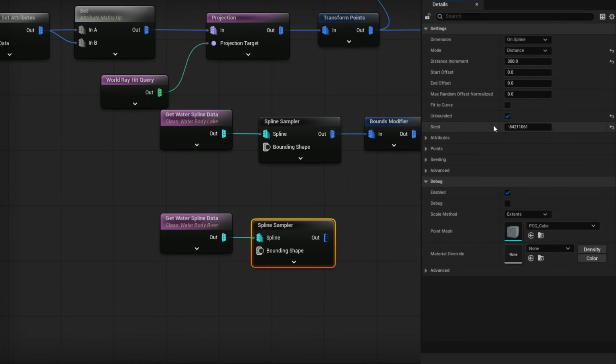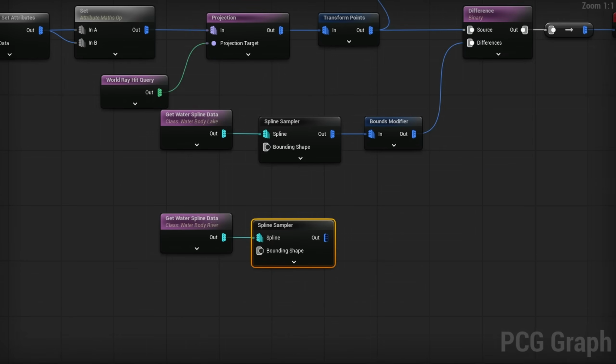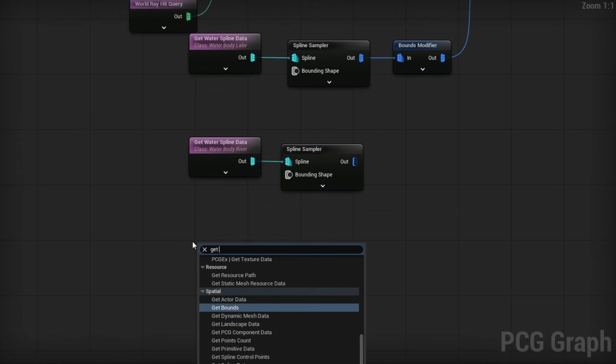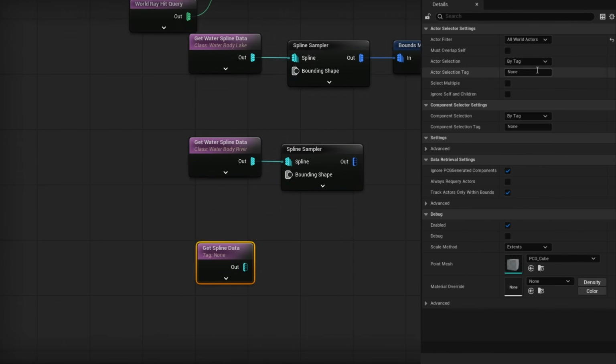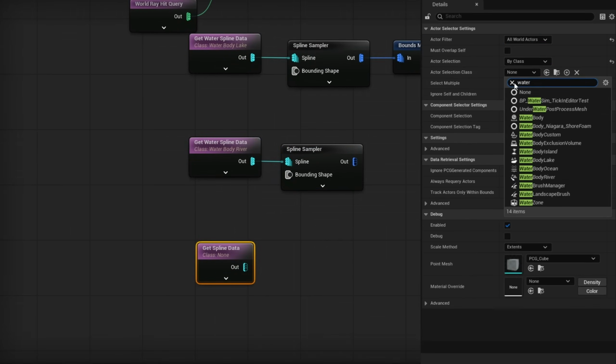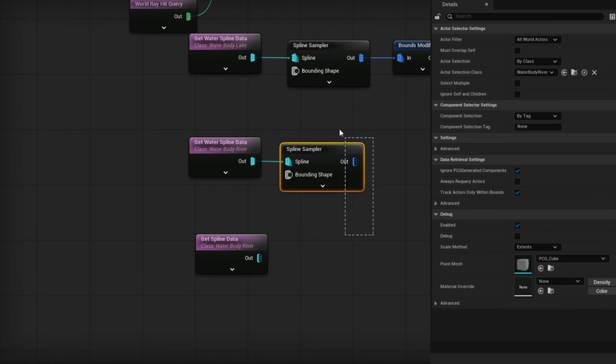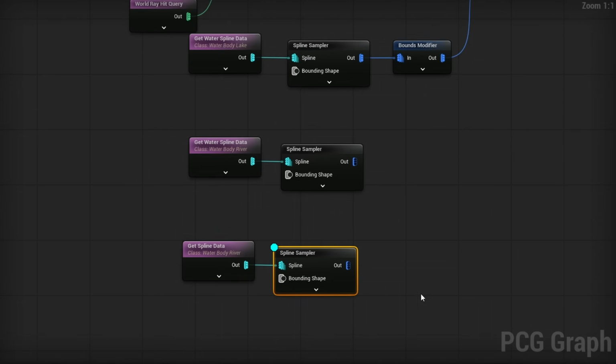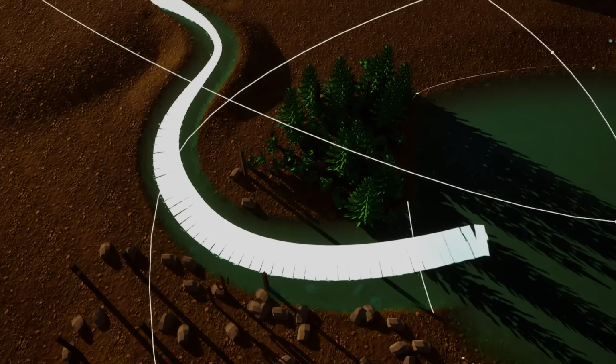You might not need this as I mentioned before. In my setup, it helps. So at this point, I want to show you a little difference. I'm going to use a regular get spline data here. Again, I'll recreate the class of water river here, like we did before in the example, water body river. And I'll use the same spline sampler. And I'll show you. If I sample the regular spline and press D on the spline sampler, this is our